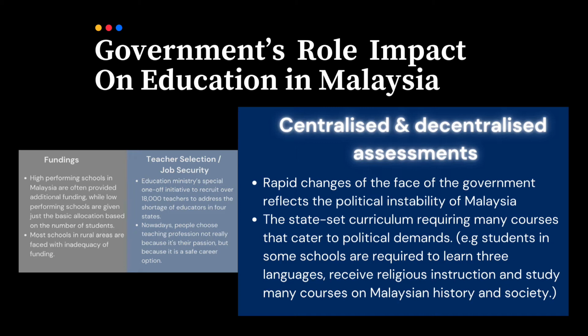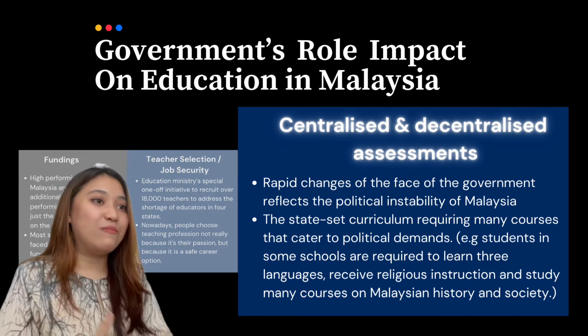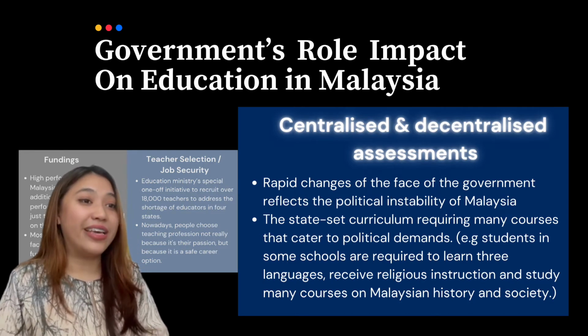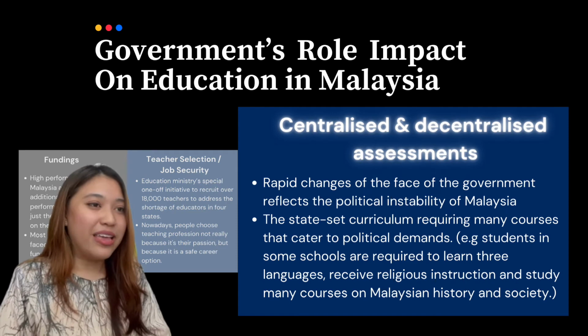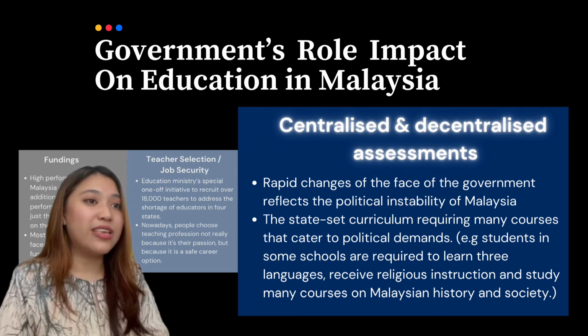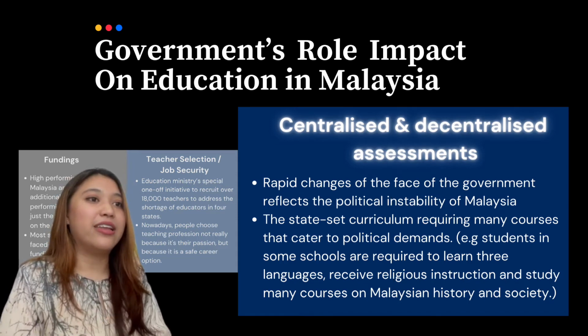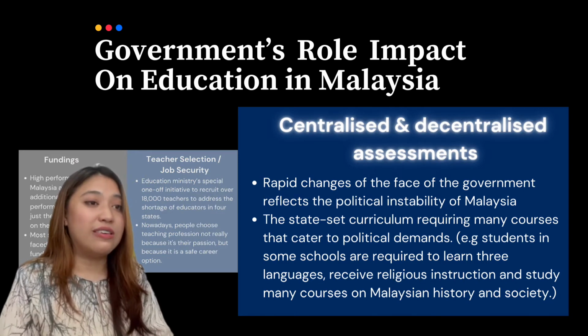Political interference affects the educational policies as well as the regulations, because they had to be consistently revised and altered. Now that's the problem. The school curriculum imposed by the central government on all government-aided schools is set at a low academic level, resulting in an upward trend in the number of students receiving perfect scores in the annual national examinations, like SPM. And another issue is the state-set curriculum requiring many courses that cater to political demands, meaning there